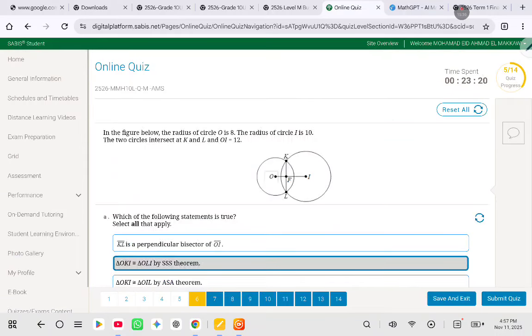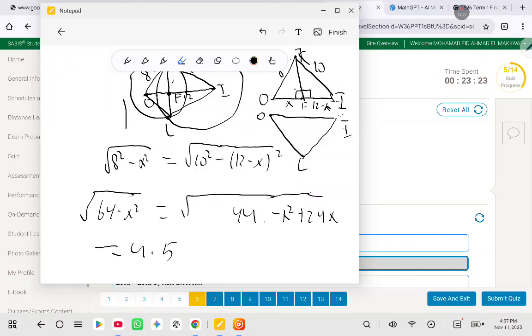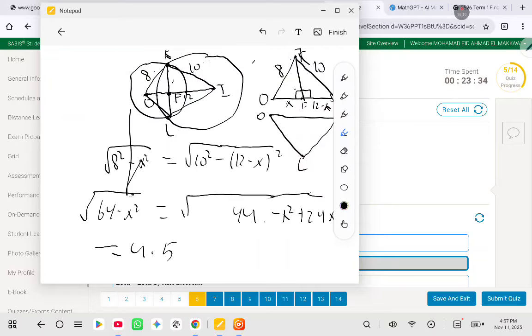And then once you get 4.5, to find KL, which is all of this right here, you have to do Pythagoras theorem for this triangle first, and then you just multiply by 2. So we know that the radius is 8, so we do 8 squared minus, we found 4.5 squared is equal to